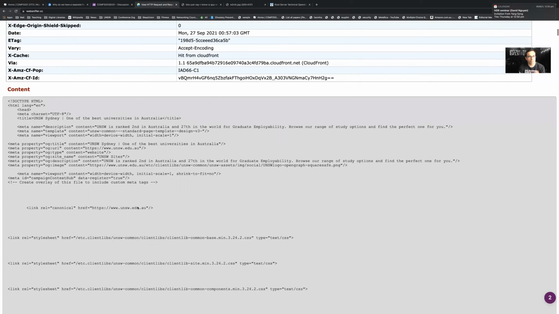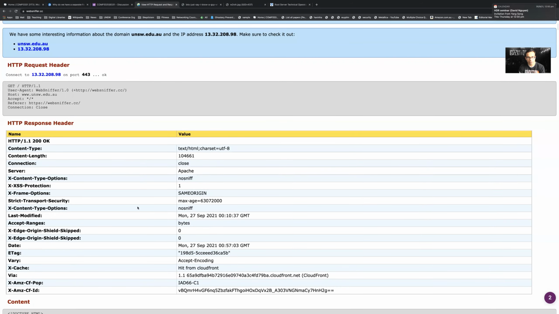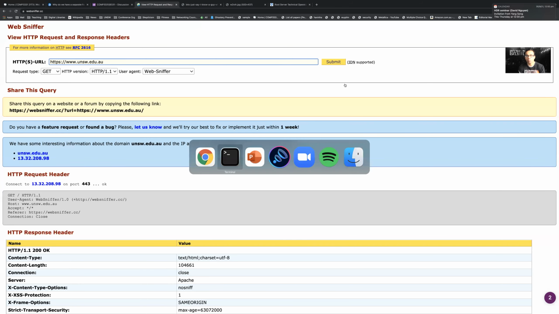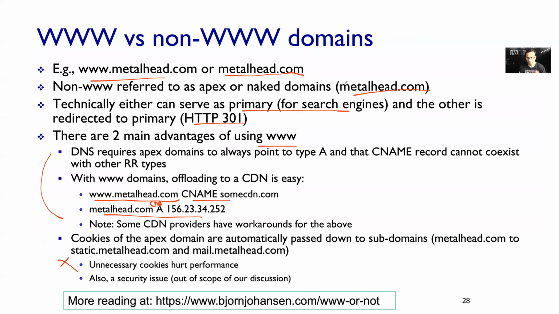Yeah, so you notice now I have the actual page that I wanted, right? So that's how all of this basically works, right? So certainly if you're interested, have a look further here and you can do a bit of investigation on your own. Now, certainly CDN providers do have some workaround, so it may be possible to still use your Apex domain as your primary domain and get around this. But again, that takes us into the deep end of stuff that we don't really have time for in this